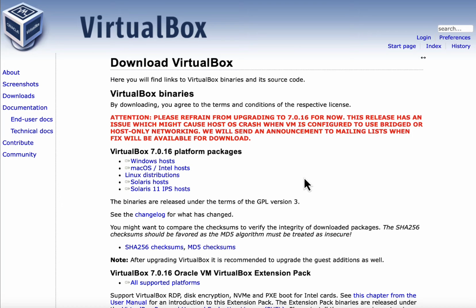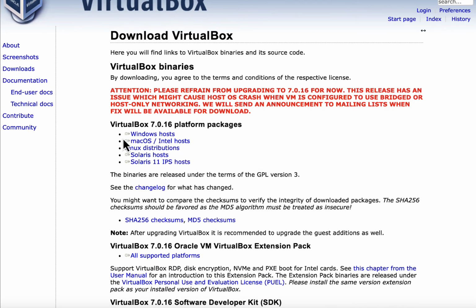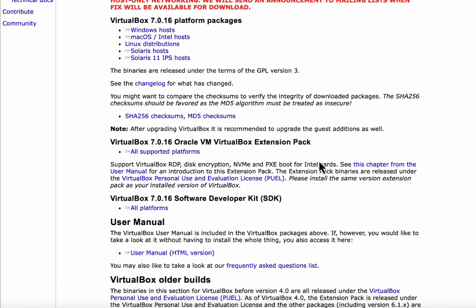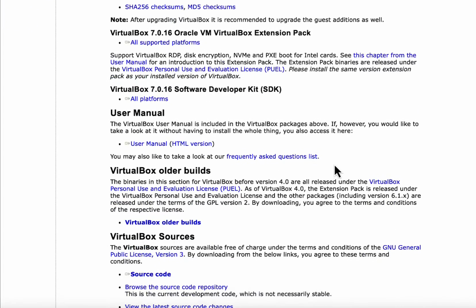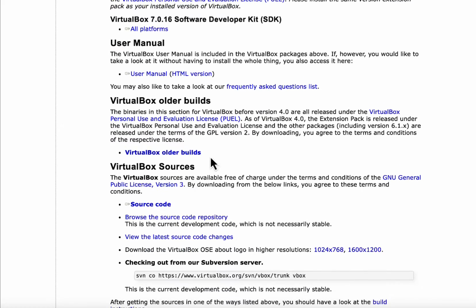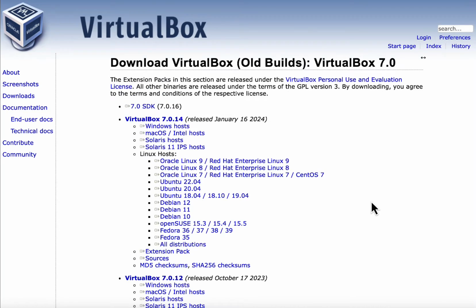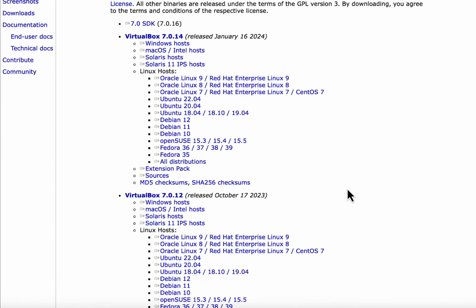And you can scroll down the page, because this is the latest version, which is basically not supporting the M1, M2, M3 devices. So you need to scroll down and you will see the VirtualBox older builds, and the latest one is the 7.0. You need to download this one, and then you need to scroll down